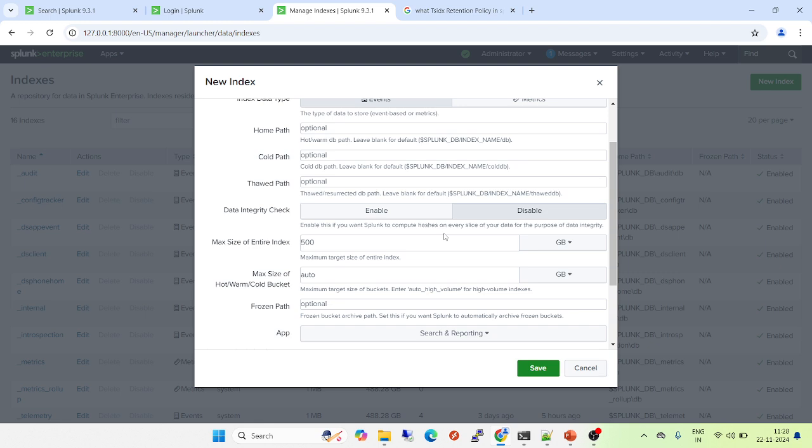Splunk stores data very well, but this is an advanced check that you can use. In most cases it will be in a disabled state. It's your choice, if you want to enable it you can do it, but it will impact the performance while storing the data. Then the max size of the index, it would be in GB,